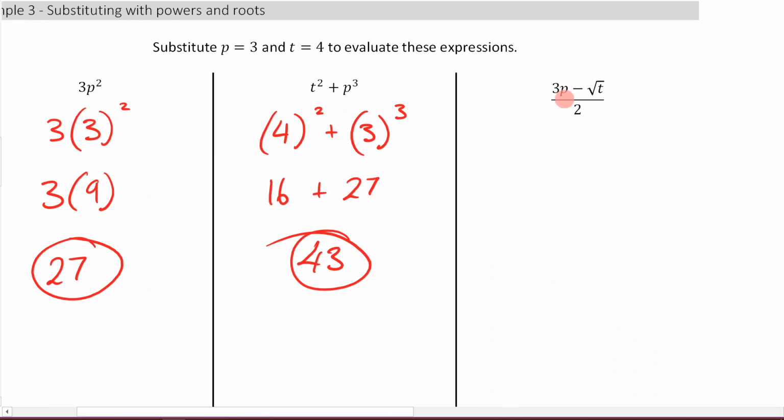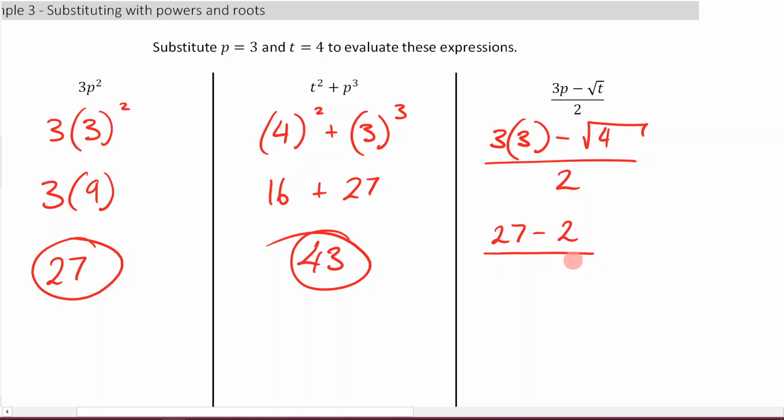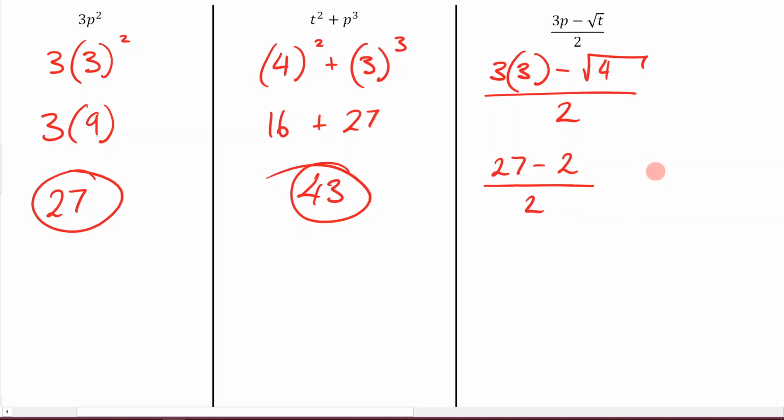Next, we come here. So again, I'm just going to sub in my values. Remember, subbing in should always be your first step. You always get a mark for just subbing things in. Even if you don't evaluate it correctly afterwards, you'll get a mark just for this step right here. 3 times 3 is 27, minus, this will be 2 over 2. The square root of 4 is 2. This is going to be, if I've done this correctly now,